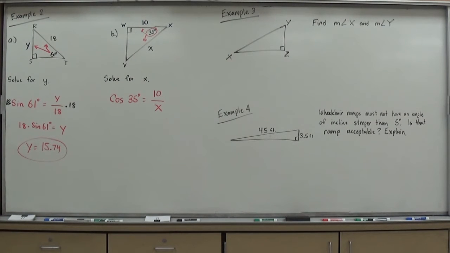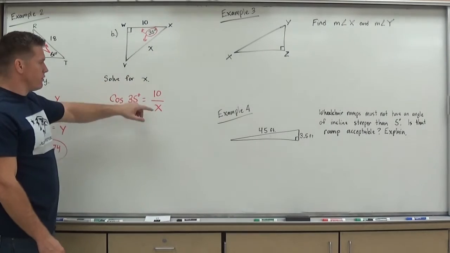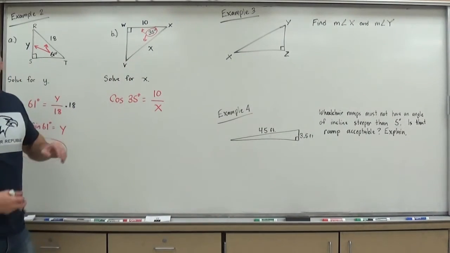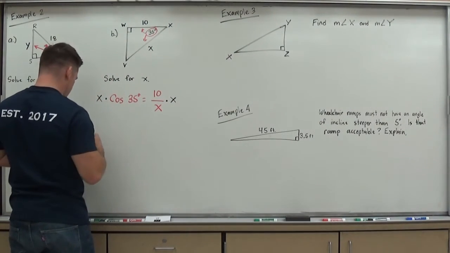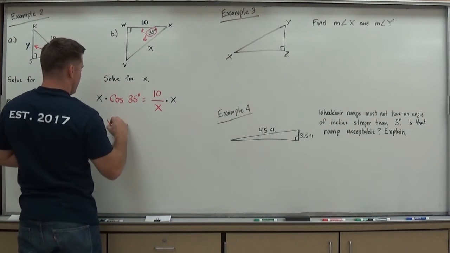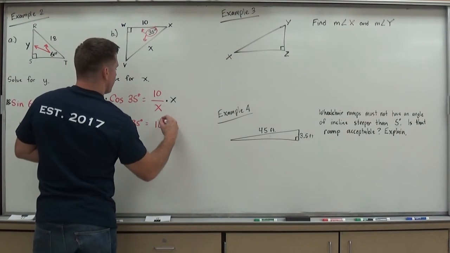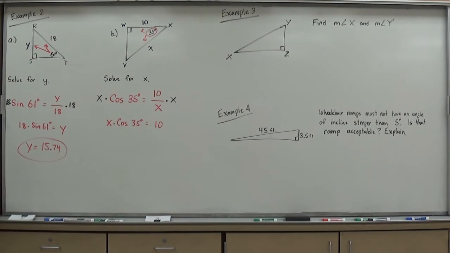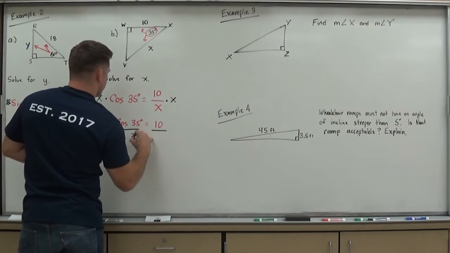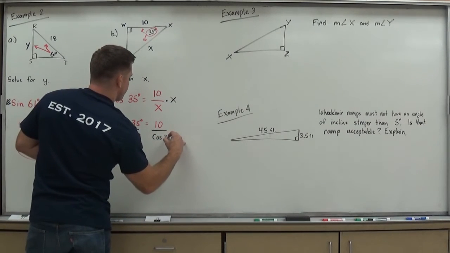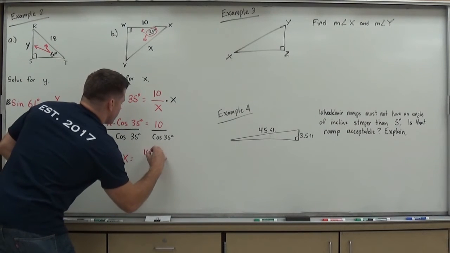Now I like to solve them just fine like this. However, the book does it sometimes using the inverse of it, if you don't like to solve this way. But I'm fine using the regular ratios. So I will solve by multiplying by x, thereby giving me x times the cosine of 35 degrees equals 10, because the x's will cross out. And now, to finish isolating x, the only thing I need to get rid of on both sides is the cosine of 35 degrees, leaving me with x equals 10 over